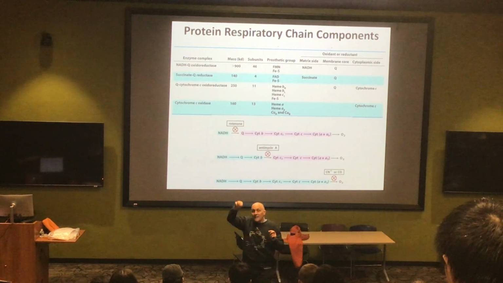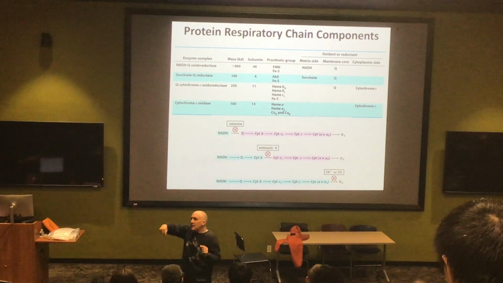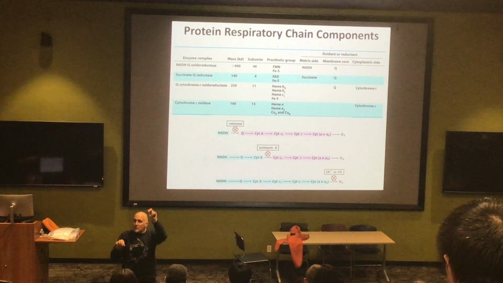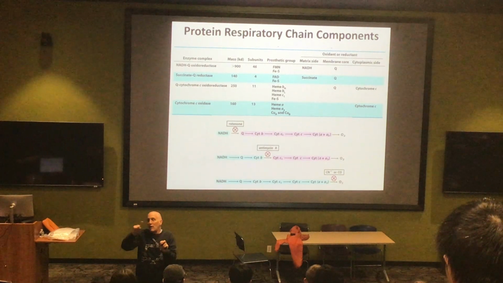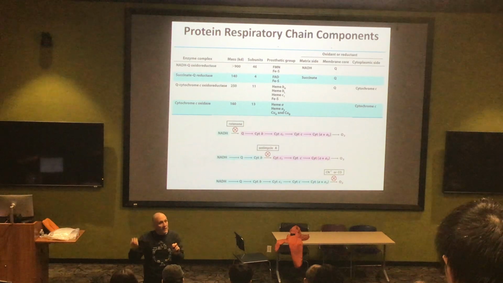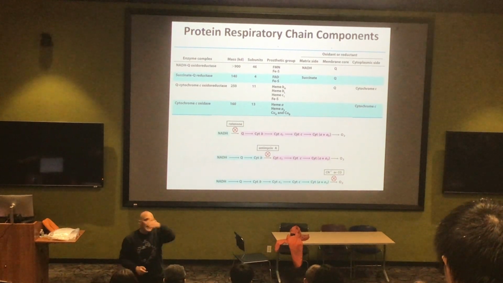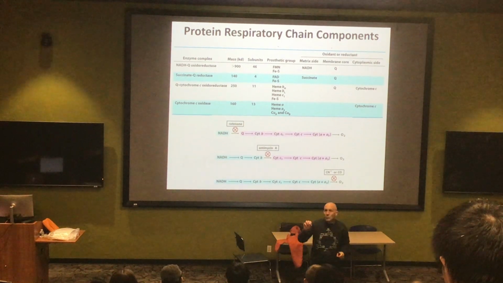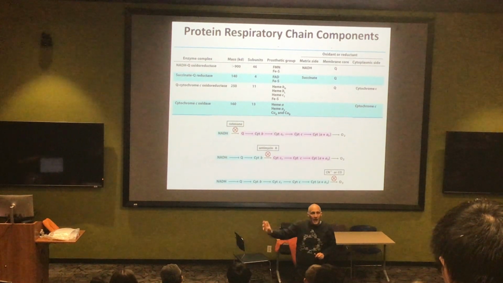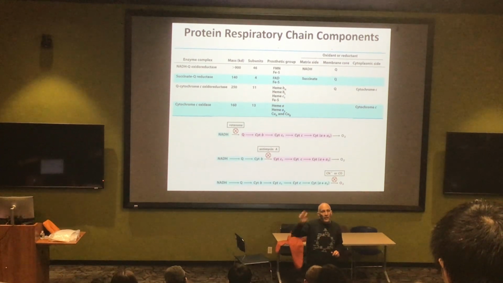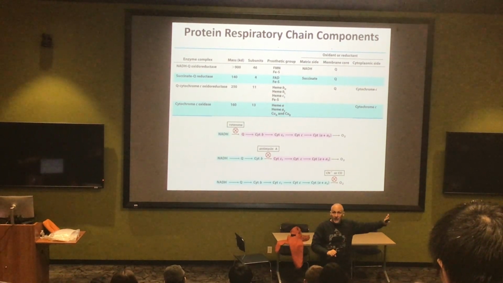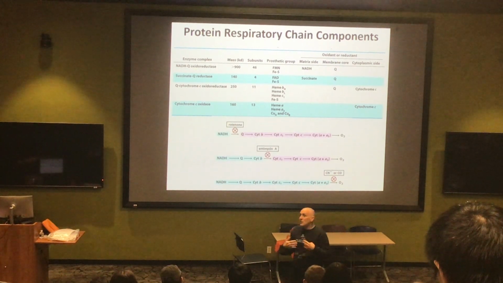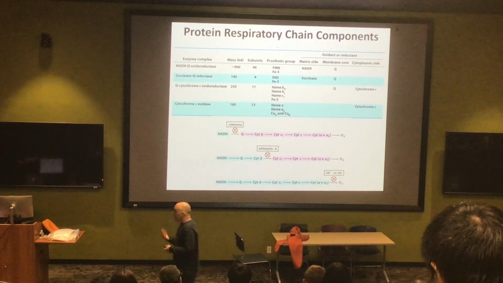And then, as the one that's immediately before oxygen starts to be depleted, the one after it will also start to be depleted as it tries to move its electrons over to the one that's immediately before oxygen. And so you can see that you can work backwards from oxygen. The first one to disappear will be the one that donates directly to oxygen, and then the next one will be the one before that, and the last one to disappear should be the one that first accepts the electrons from the NADH. And so those sorts of experiments helped us establish it.